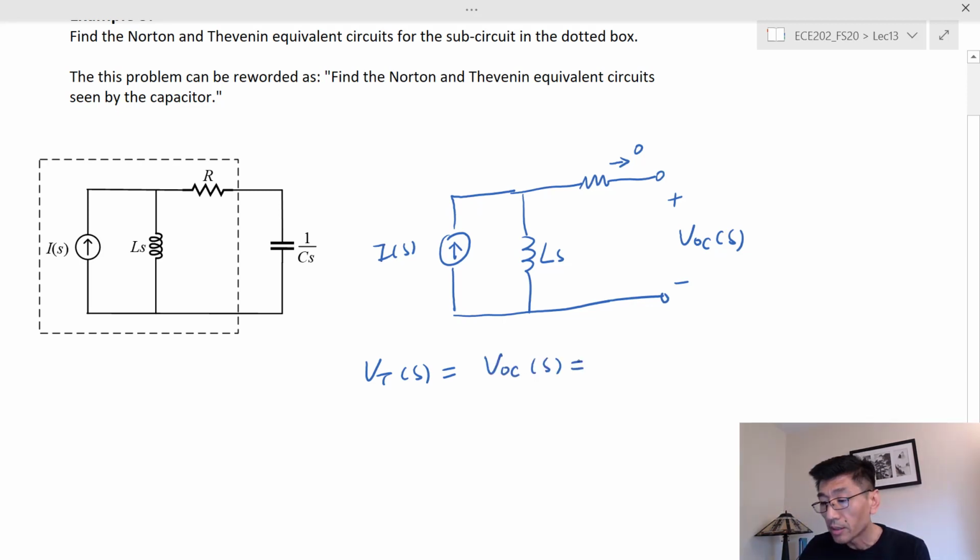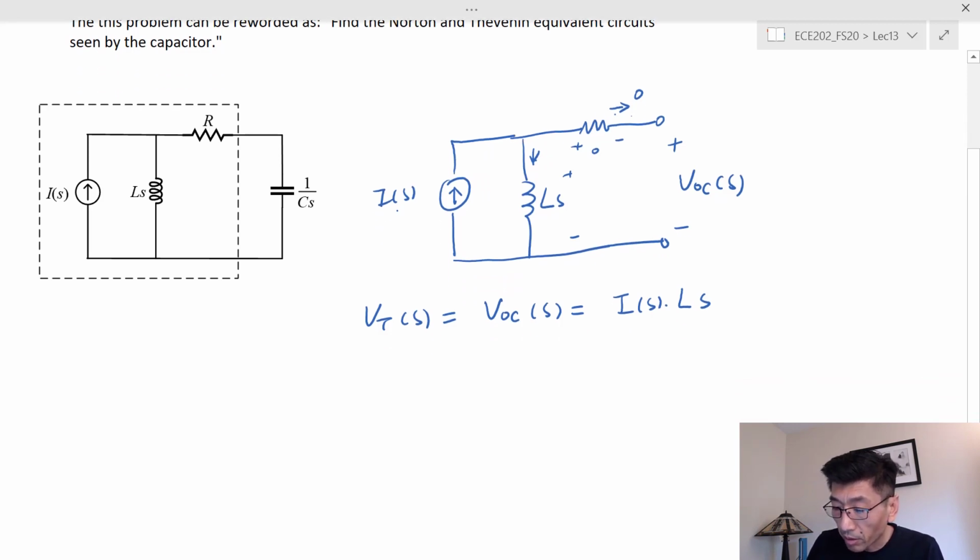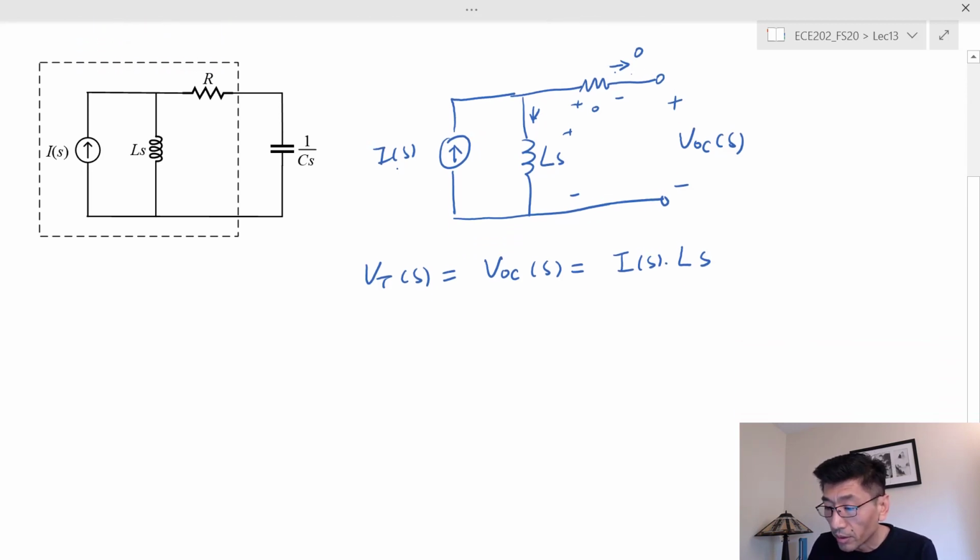The V_OC(s) in this case, since the current here is 0, the voltage here is 0. So therefore, the V_OC is just equal to the voltage across this inductance impedance, right? So the voltage across this is just equal to, this current is equal to I_S because this current here is 0, right? So therefore, this is going to be equal to I_S times L_S. So this is the open circuit voltage, and we can also find the Norton equivalent circuit current by finding the